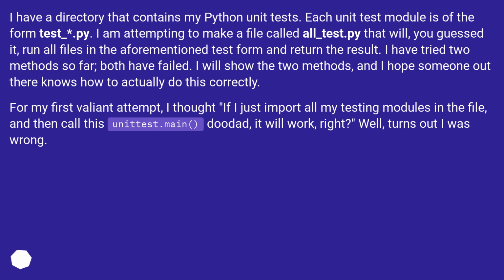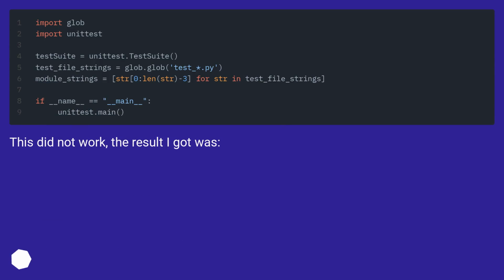I have tried 2 methods so far, both have failed. I will show the 2 methods, and I hope someone out there knows how to actually do this correctly. For my first valiant attempt, I thought if I just import all my testing modules in the file, and then call this unittest.main doodad, it will work, right? Well, turns out I was wrong. This did not work. The result I got was